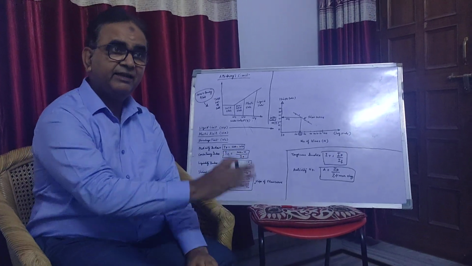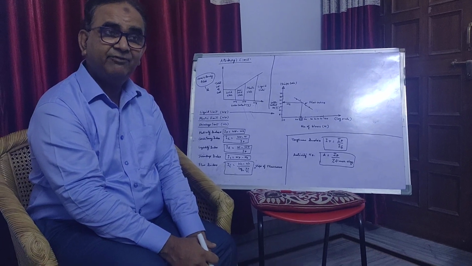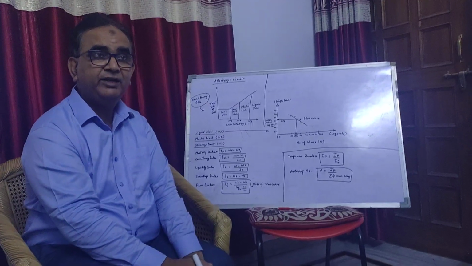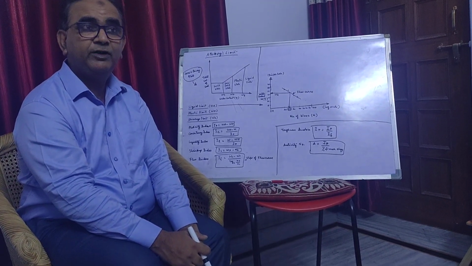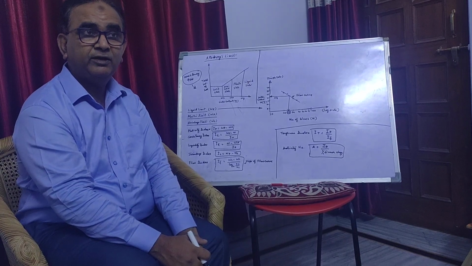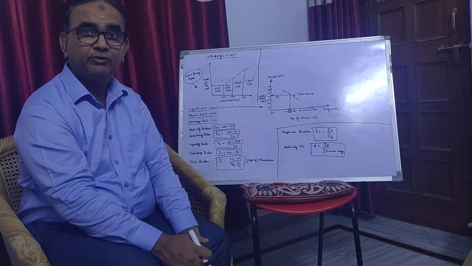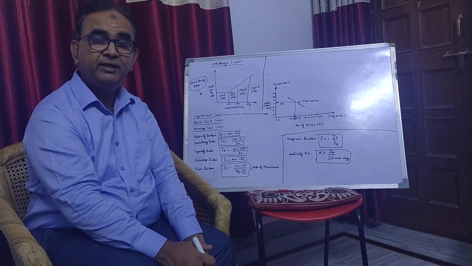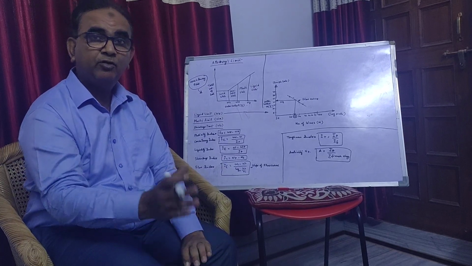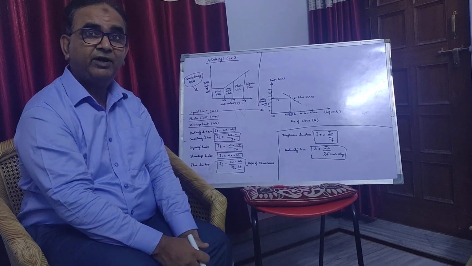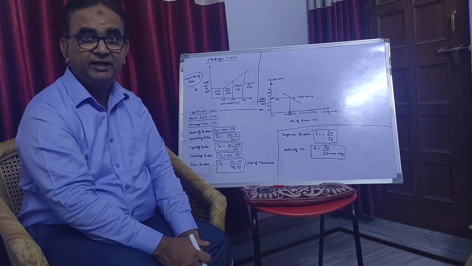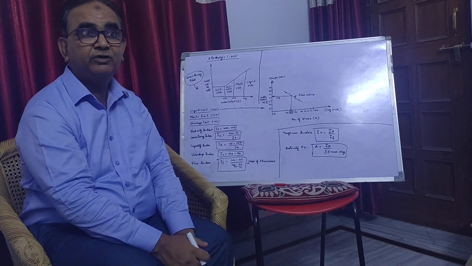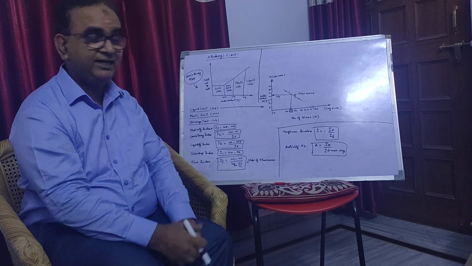So in this test, the number of blows which is less than 15 are not considered, because below 15 the soil cannot record the right number of blows, because the moisture content is very low. Similarly, if the moisture content is very high, the number of blows may increase beyond 35, which cannot be taken into consideration. So the number of blows between 15 to 35 are ideally taken into consideration for this liquid limit test,